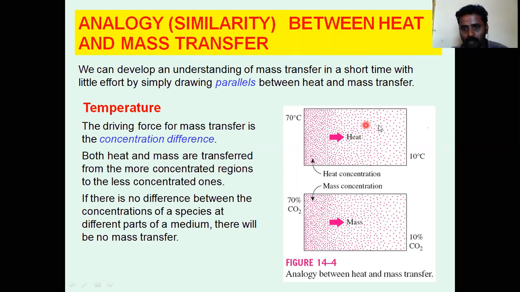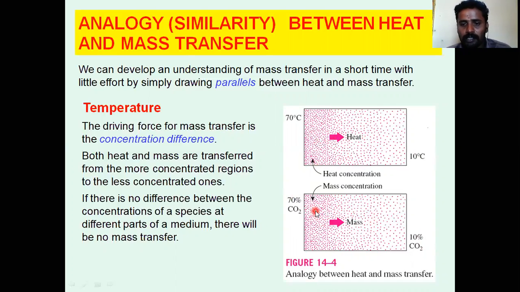It is a heat transfer. It is based only on the temperature, on the heat concentration. Here, it is based on the mass concentrations. Here, 70 degrees Celsius of heat is transferred to the other surface due to energy transfer. Here, 70 ml is a volumetric concentration. 70 ml of CO2 is transferred toward 10 ml of CO2. This percentage or volumetric diffusion is based on mass transfer.